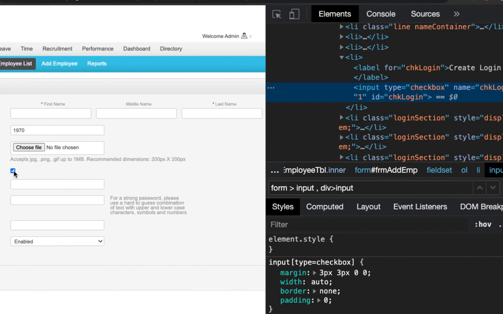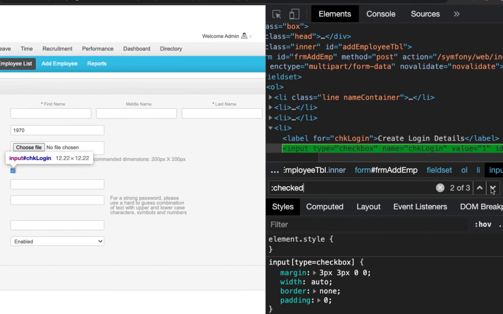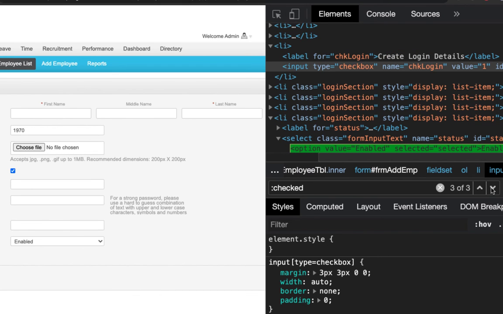Let's say you want to locate selected elements like checkboxes. You can use colon checked. In this case, you have options and checkbox selected. If you want to make it specific, say if you are interested in the list box element, you can use option colon checked.